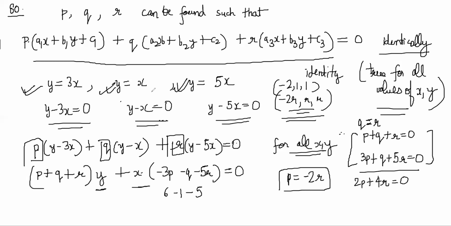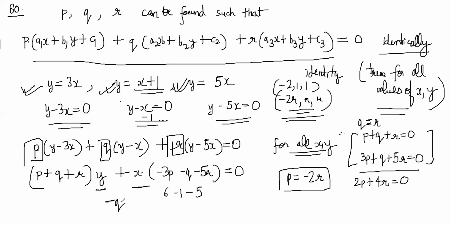In case the lines were not concurrent, if you had an equation with a slight change, minus 1, then this will not fit, because minus 1 will ruin it, because there will be a minus q. Everything else will be the same, but there will be a minus q. So you will not be able to find, for all x and y, that this is 0.